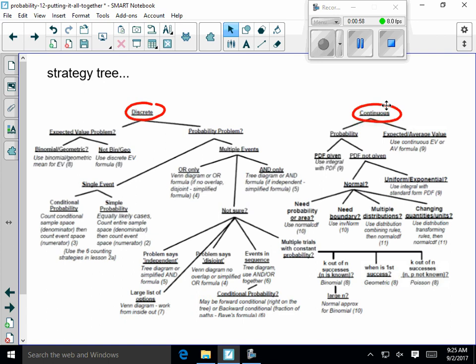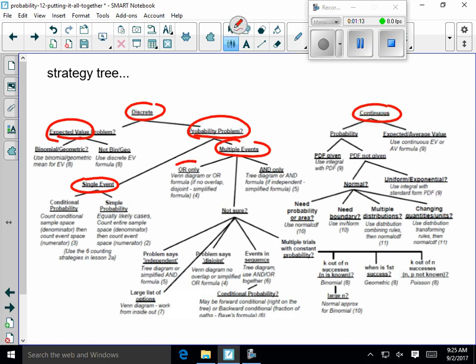And then occasionally we have things that ask for typical values. That's expected value, but usually we're talking about probability. And in the first half of the video, video A, we mainly focused on single event and multiple event with OR and AND cases. So I wanted to briefly talk about some of the rest of the tree. If you believe that you might have multiple events here,